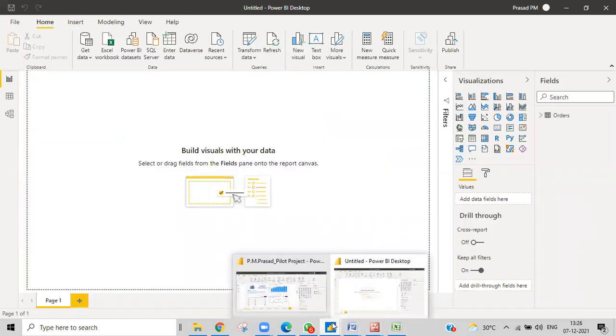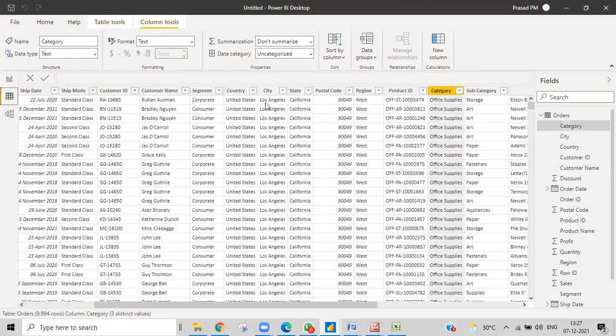First of all, I'll tell you how to create both things. A measure gives us a scalar value, a single output, and it works for the current context or filter context. Whereas columns are row context. So for every row we get an output. We create a column, and for each and every row we get a new value. That is what we call row context.